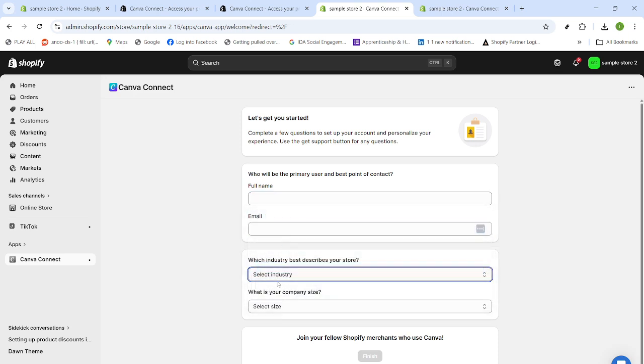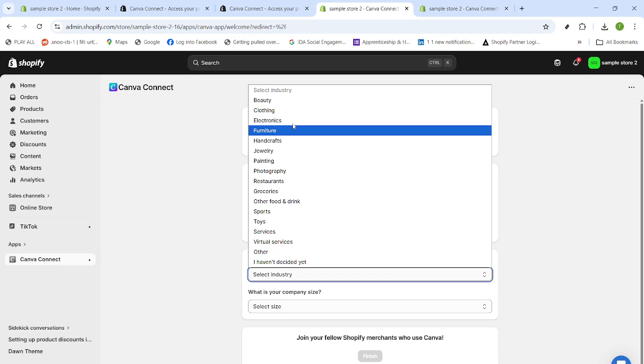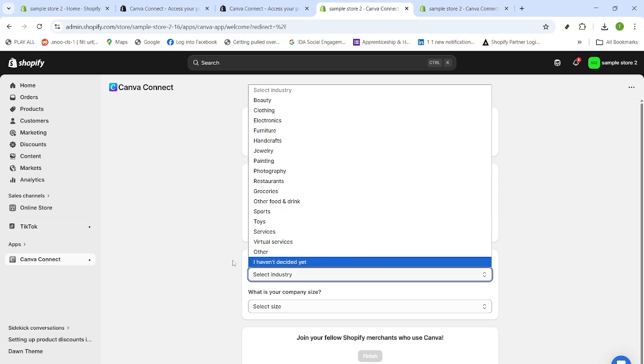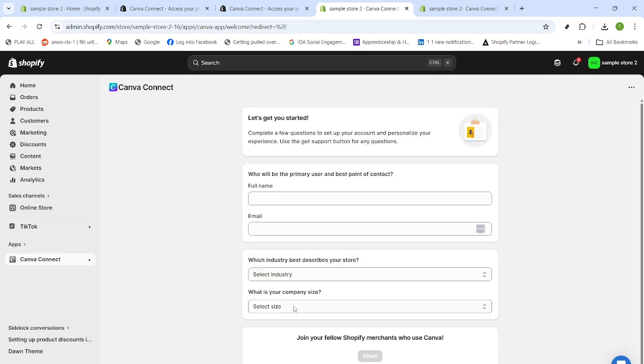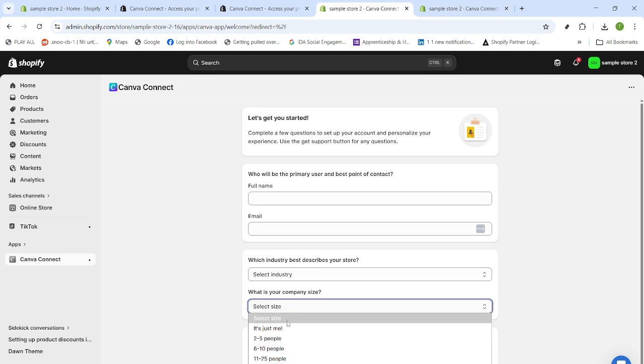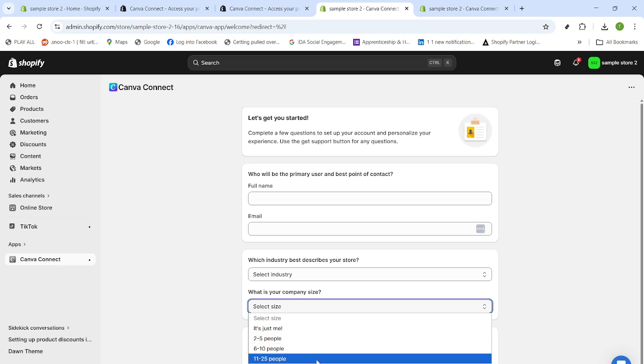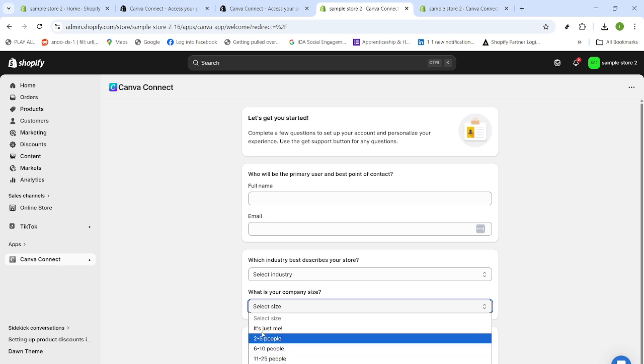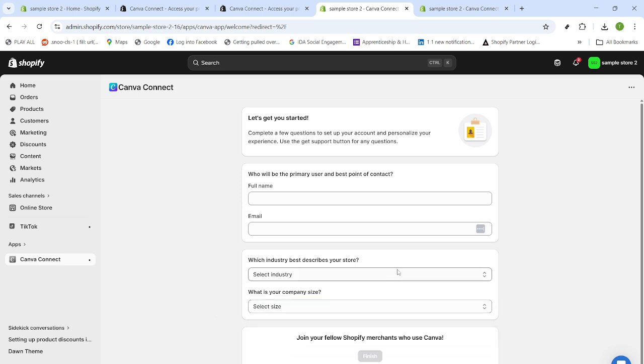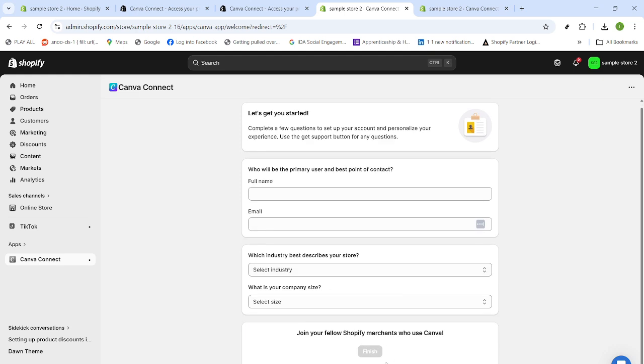Next, select your industry from the drop-down. Choosing the best fit helps Canva suggest templates and visual styles that match your niche. Then, pick your preferred size or format. This might include common dimensions for banners, product imagery, or social posts, guiding Canva to surface the right canvas sizes